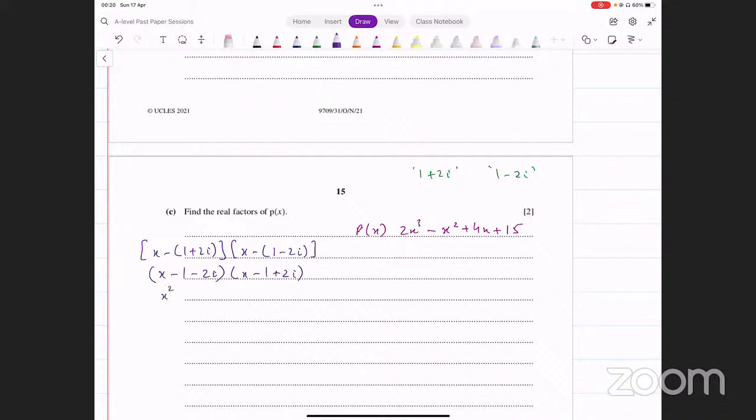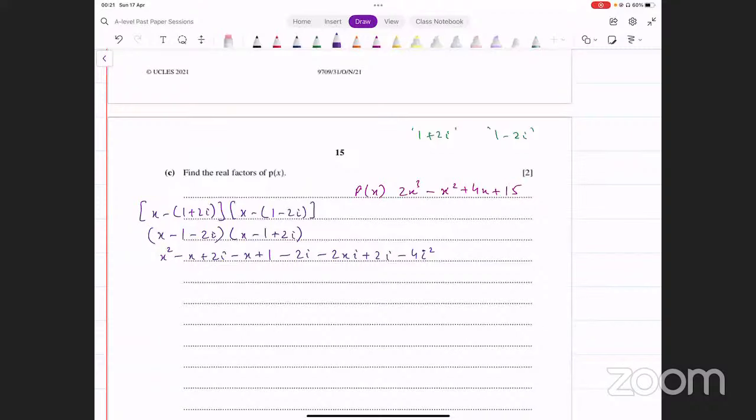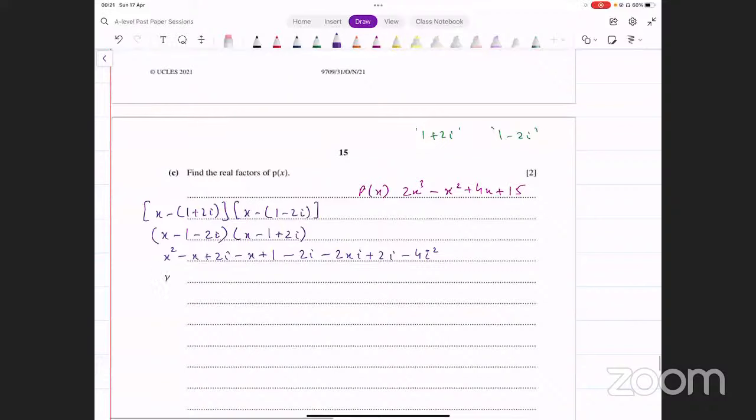That gives us x square minus x plus 2 iota minus x plus 1 minus 2 iota minus 2x iota plus 2 iota minus 4 iota square. राइट, हर टर्म को हर टर्म से मल्टीप्लाई किया जिस तरह नॉर्मल मल्टीप्लिकेशन होती है. ये हमारे पास सारी टर्म्स आ गई. Let's see what we are getting from this. Are there any terms that cancel out? Not yet. अच्छा, x square वाली तो एक ही टर्म है. x वाली टर्म्स कौन सी है? minus x and then minus 2 iota x